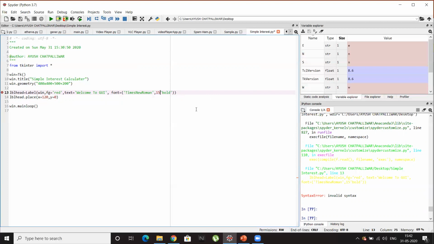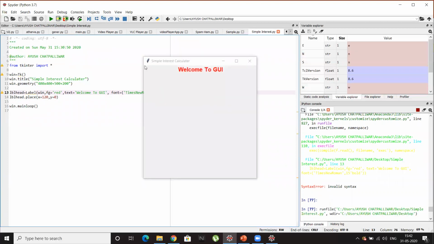Oh yeah, this comma is missing. Okay, let's see now. Yes, you can see that Welcome to GUI is now appearing in red color, and I think it's perfect. So our heading is now complete. We don't need to give much heading. Heading is okay, Welcome to GUI.